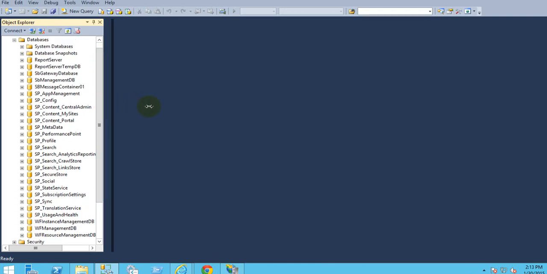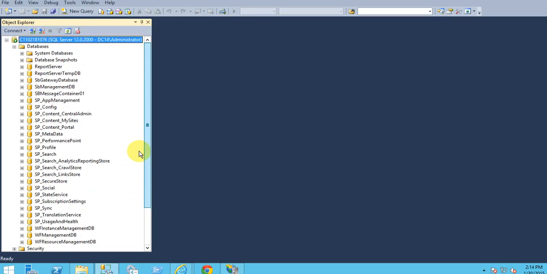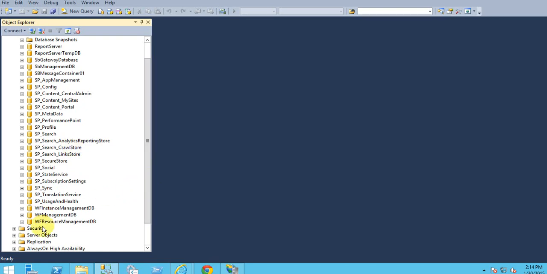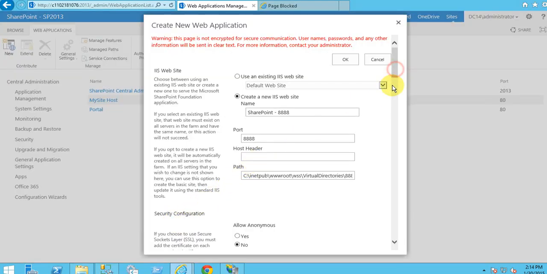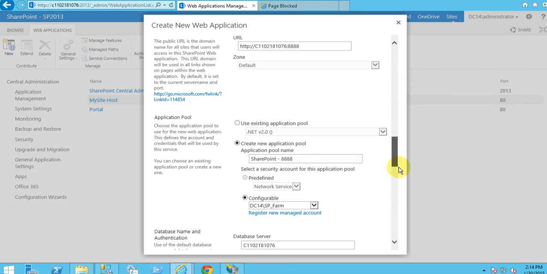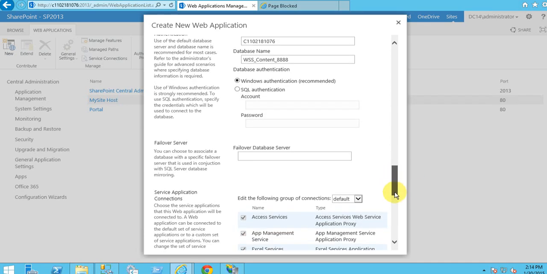Just move right. See, all these with the SP prefix are created for SharePoint server configuration purposes. Now let's see. Here there is no WSS database. Here we are giving the database name like WSS. Just scroll down. See, WSS underscore content underscore, and just give the port number so we can identify it easily in the database later. Scroll down,